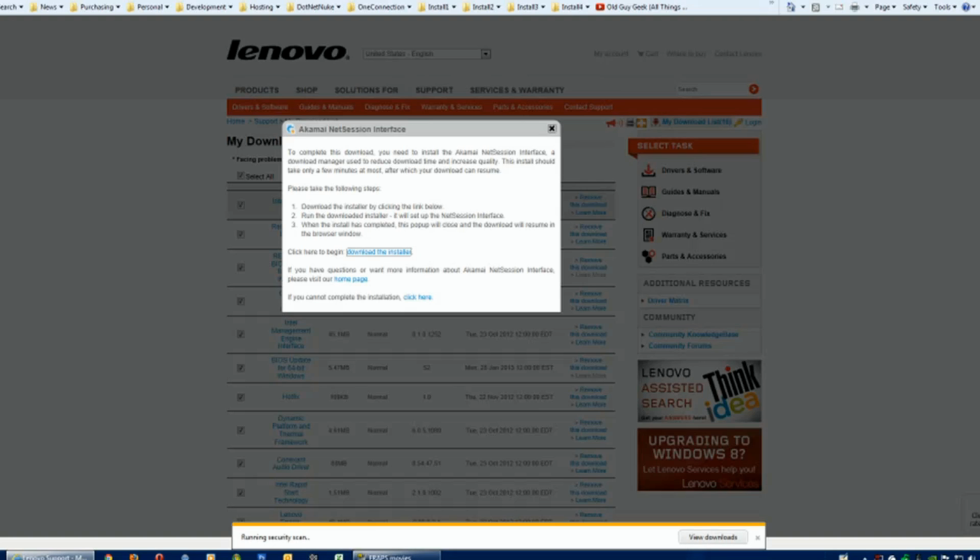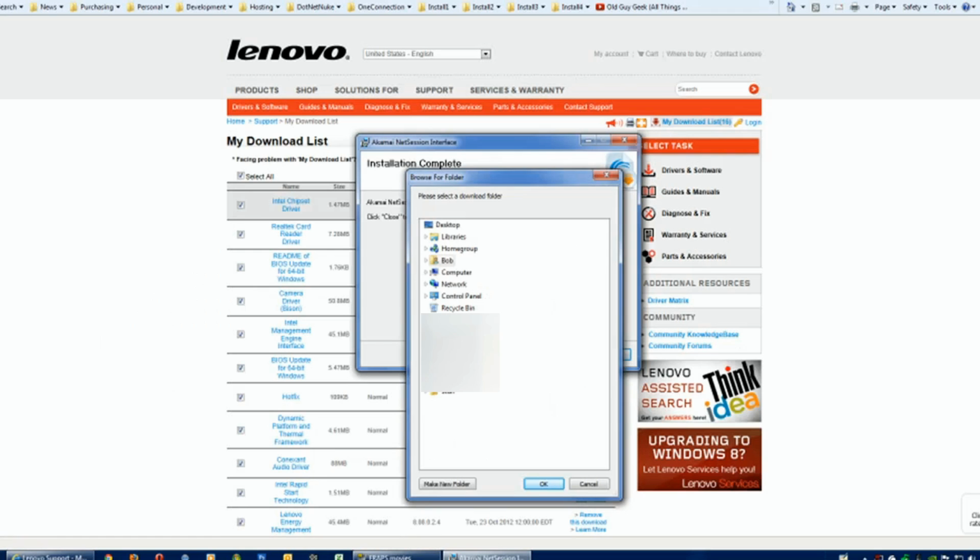Windows Firewall is going to prompt me. I'm cutting that out of the video, but you can go ahead and install the download manager, and it will download files one by one. Once this is already installed, I'm going to cut to the end of the download. Oh, I'm sorry.